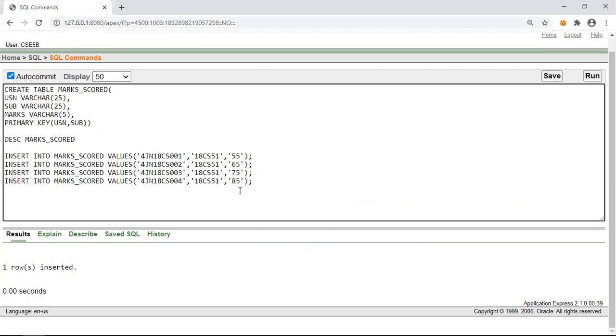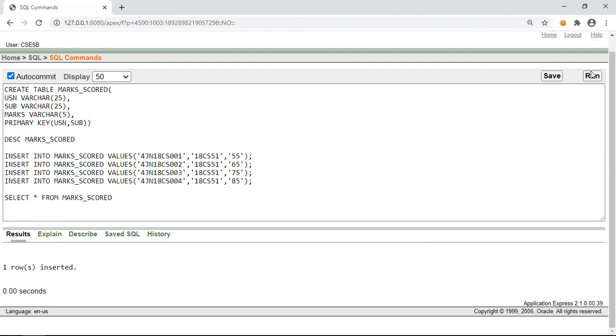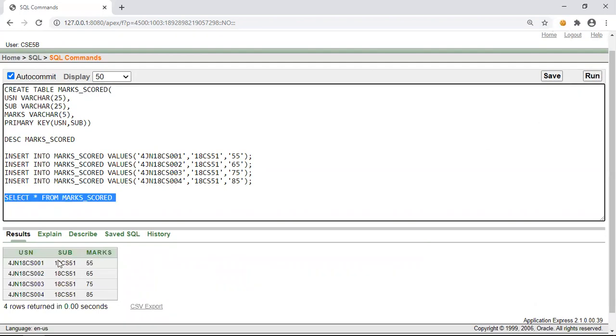Four rows are inserted for four different students. If we check the values present in this marks scored table, you can see the USN, the subject code, and the various marks which we had inserted.